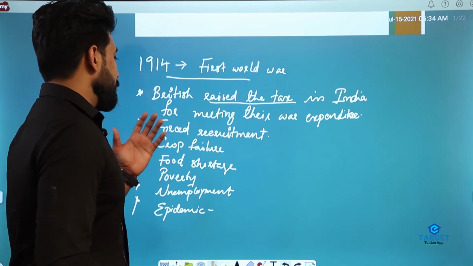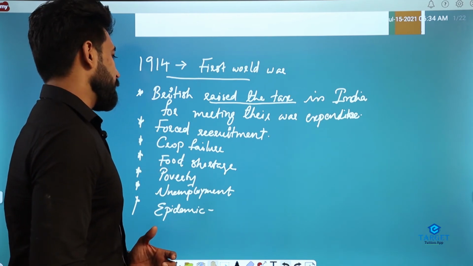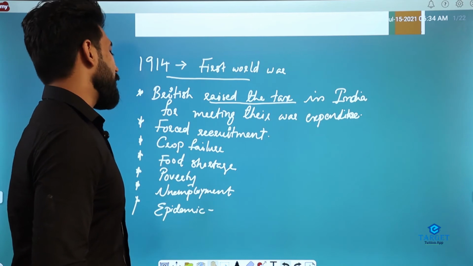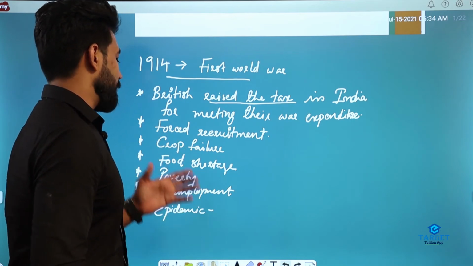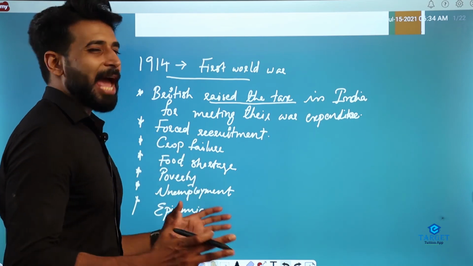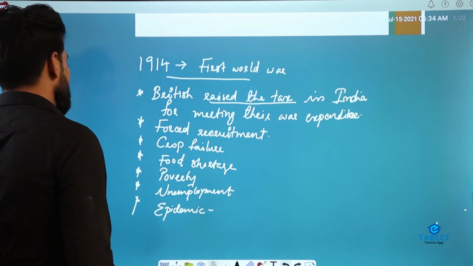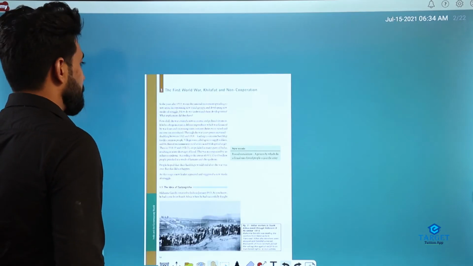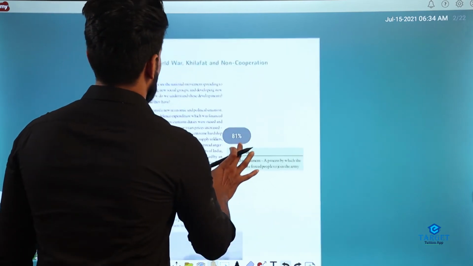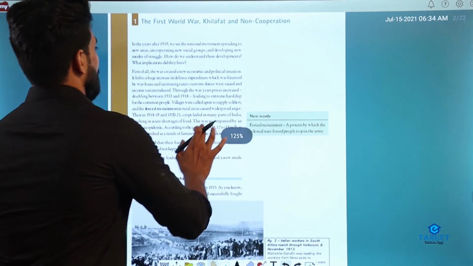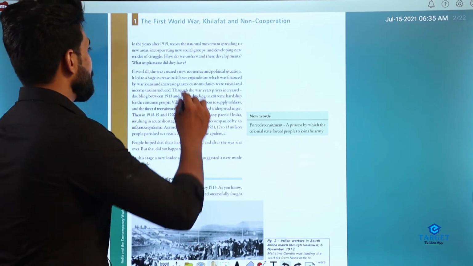Then India faced a crop failure. Okay, then the food shortage happened in India. Poverty, unemployment, epidemics, everything shattered the Indian economy. Okay, so I think you understand the points. Okay, so here are the points that we had already written. See here,